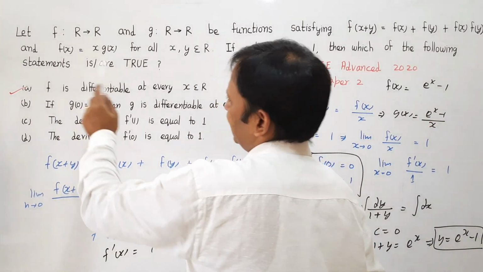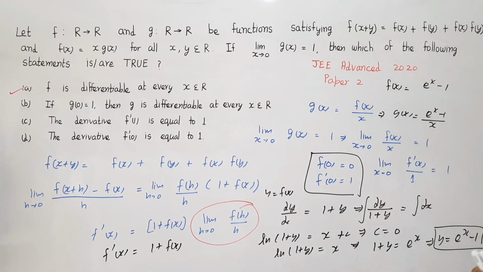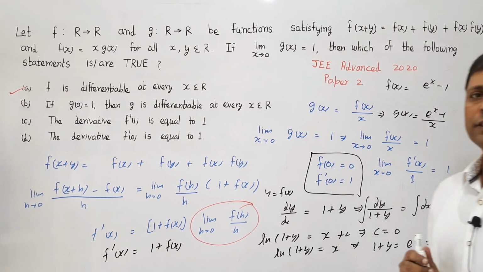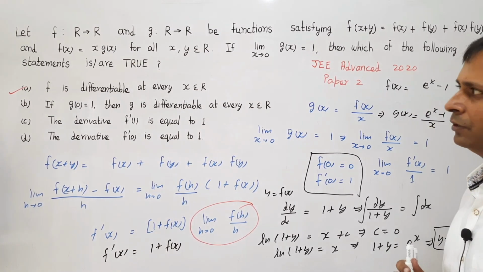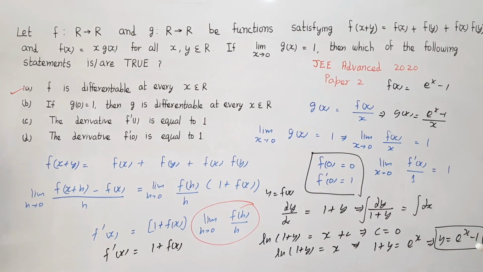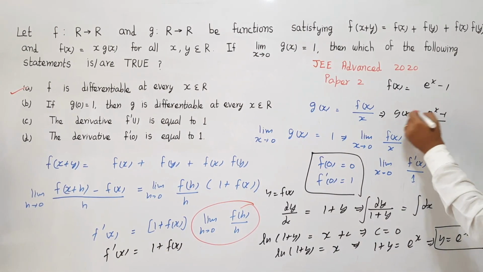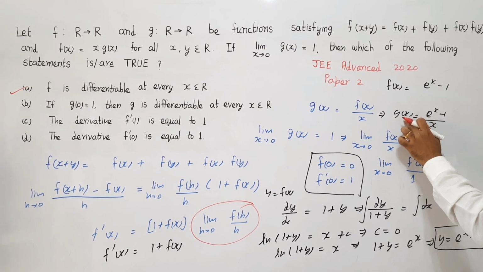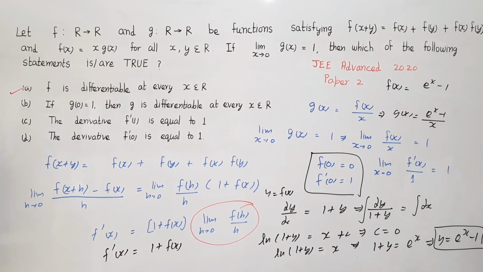Second thing, it is saying g of 0 equal to 1. Now here if you see this e to the power x minus 1 upon x, this is not defined at x equal to 0, but in the question they have said that at x equal to 0, g(x) is equal to 1, that means g of 0 is 1. And if I evaluate the limit of this g(x) at x equal to 0, what I get is limit x tending to 0 of e to the power x minus 1 upon x is also equal to 1.